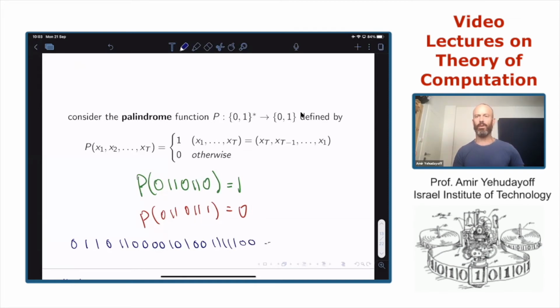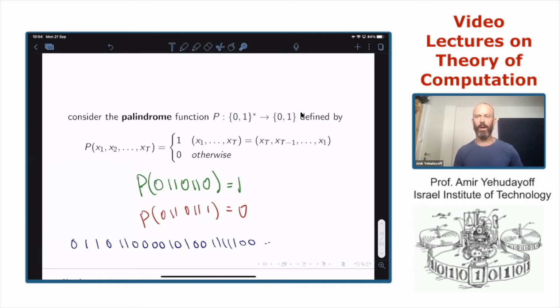And now you need to construct a streaming algorithm that reads the sequence, and at every point in time, the memory content allows to decide if the string we read so far is a palindrome. So here it's not a palindrome, not a palindrome, not a palindrome. It is a palindrome, not a palindrome, and so forth.